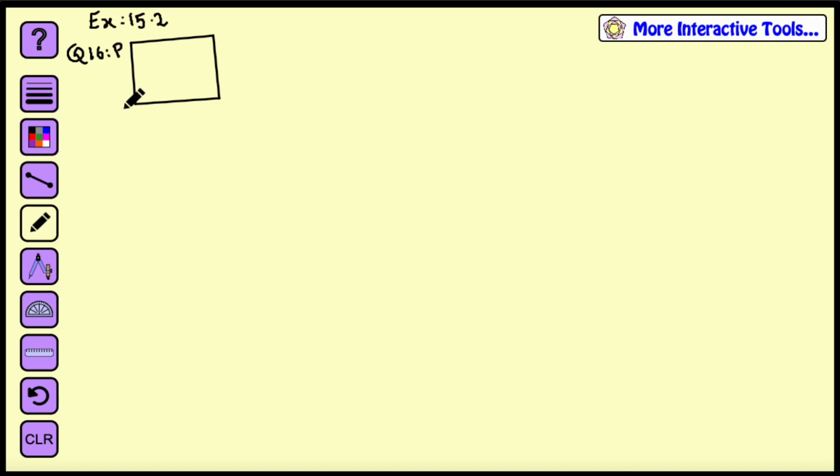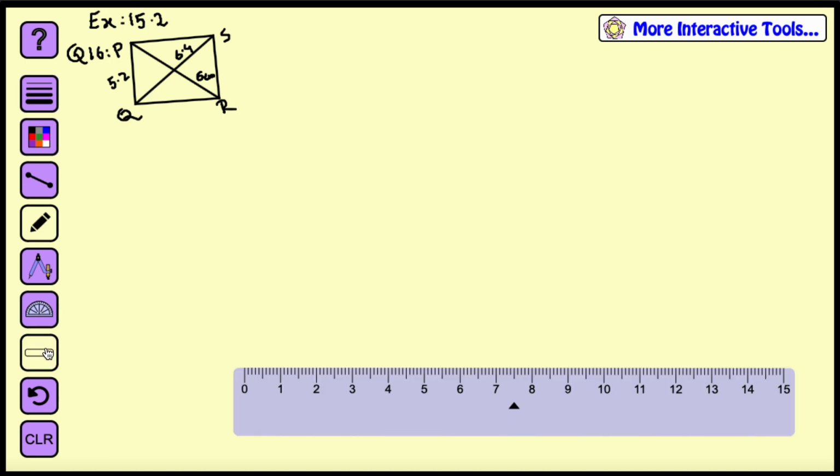P, Q, R, S. PQ 5.2 is given, okay, and PR and QS, that means two diagonals are given. One is 6 centimeter and the other one is 6.4 centimeter. So what we will do, we'll draw first